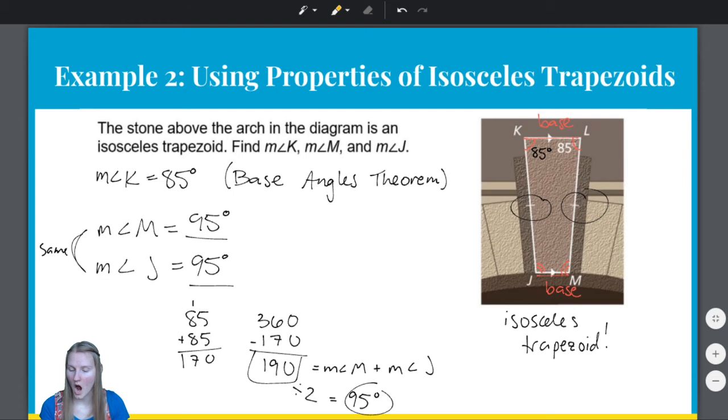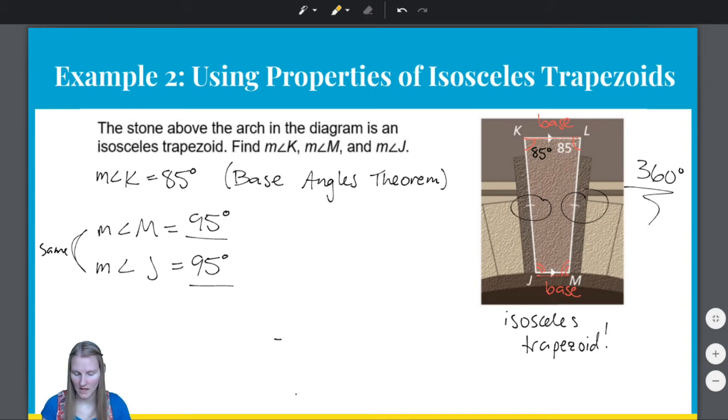So let me walk you back through how I did that. I knew this entire trapezoid must have 360 degrees in it because it's a quadrilateral. So that's where the 360 came from. Then I said, I can figure out what J and M are together by subtracting whatever 85 plus 85 is. I suppose another way that we could have done this that might have been easier